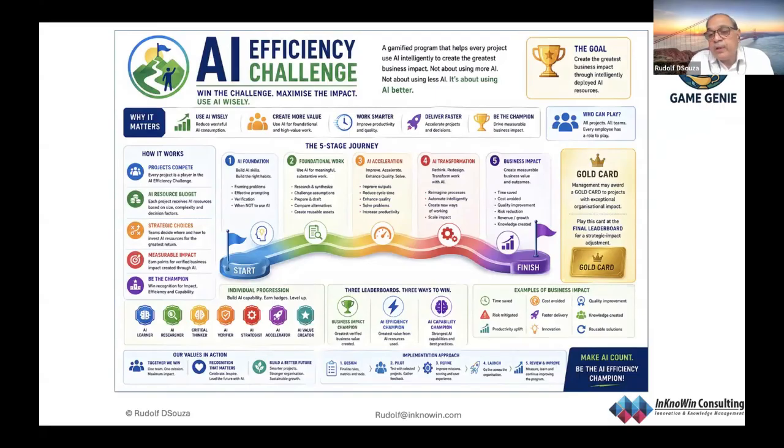So they're wondering how gamification can help them reduce the number of tokens. So we designed this entire AI efficiency challenge. What I want to point out here is that this then created a one-pager for the management, mentioning what the goal is, then the objectives, why it matters. These are the objectives: to use AI wisely, create more value,